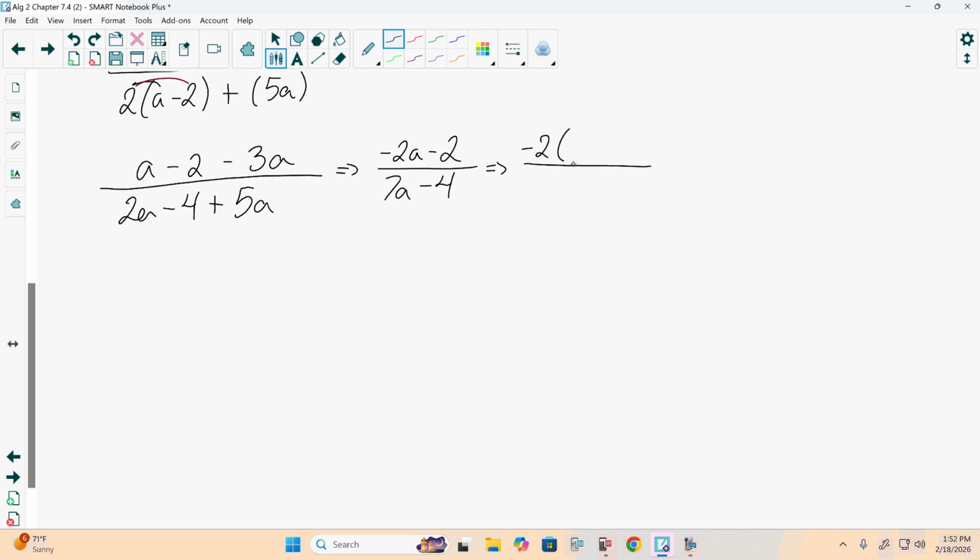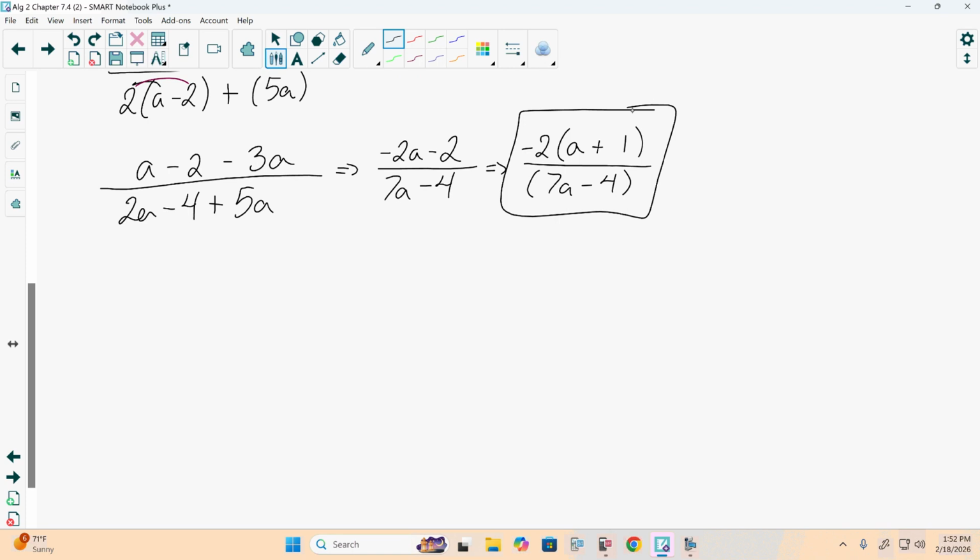If I factor out negative 2, because they're both negative, the negative 2a is going to become positive 1a, as the negative 2 factors out completely, leaving us with our a term. Now the second negative 2, we are taking the negative out, so it's going to become positive. And 2 divided by 2 is 1. On bottom, 7a minus 4. No greatest common factor between them. So we have negative 2 times a plus 1